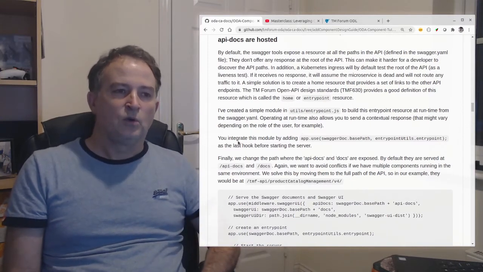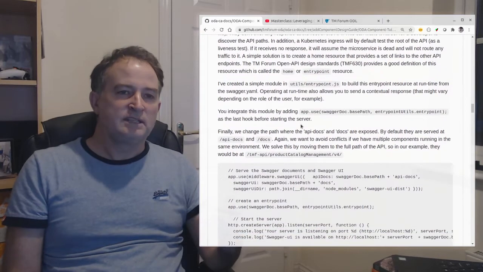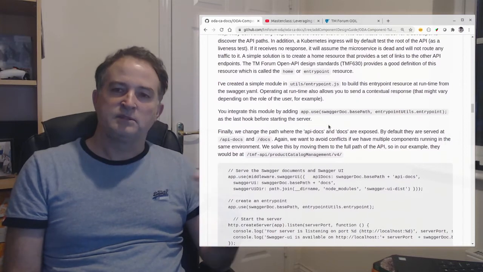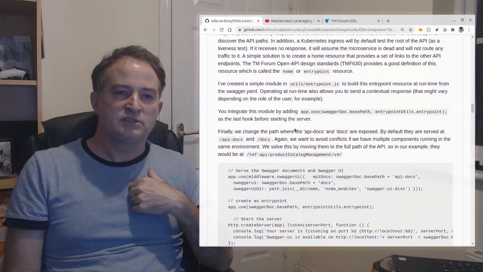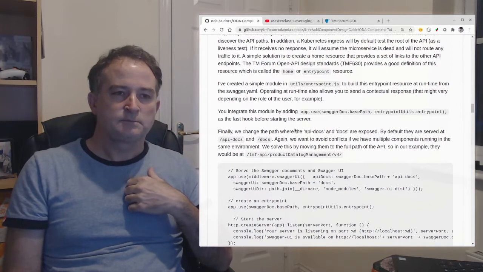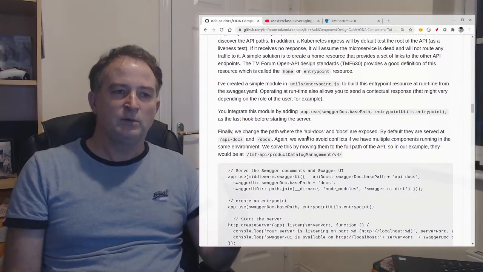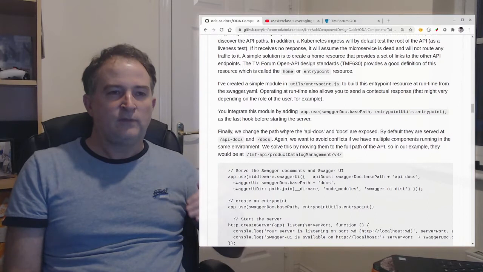So all you need to do is add that entry point module into the utils folder, and then you integrate it by effectively using this app use as the very last part of the deployment of your API in the index.js file. And then the very final thing we do is, again, by default, when you have this reference implementation, it has this long path to the actual API,